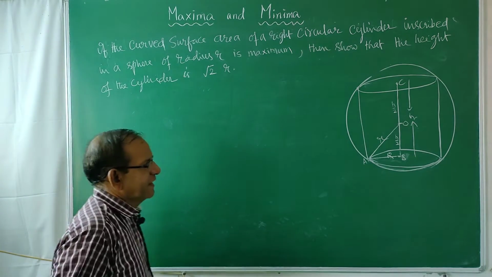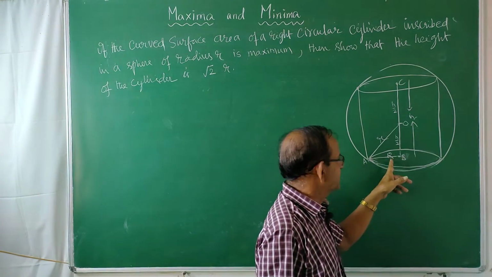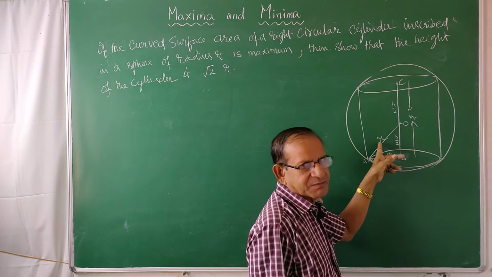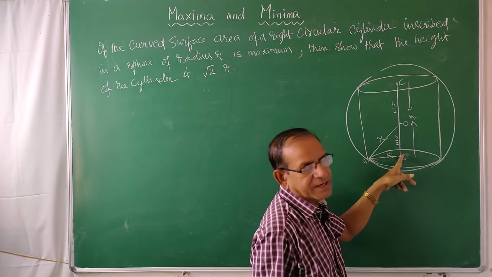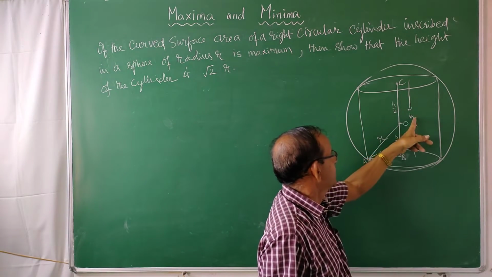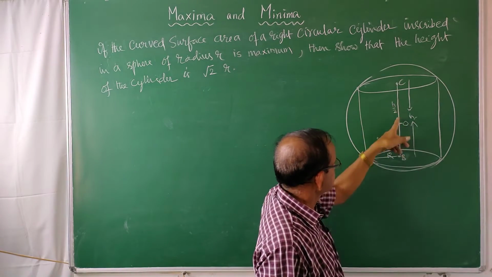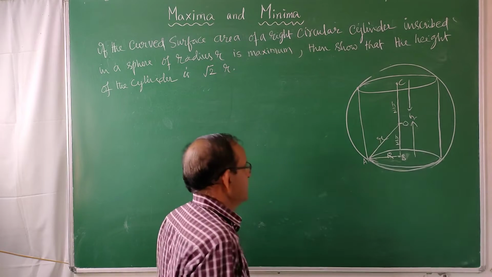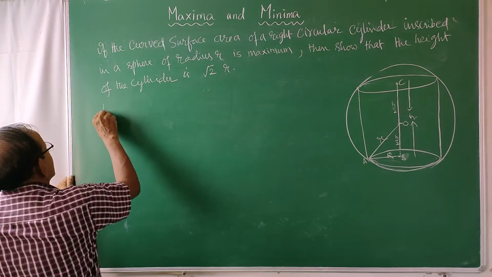Now this is the diagram. This AB is equal to capital R, the radius of the cylinder, whereas OA is equal to small r, that is the radius of the sphere, that is constant. Let us take the height of the cylinder as BC is equal to h. So this O is the center of the sphere. So OB is equal to OC, both are equal to h by 2. Now in triangle OAB, first of all I have to write,